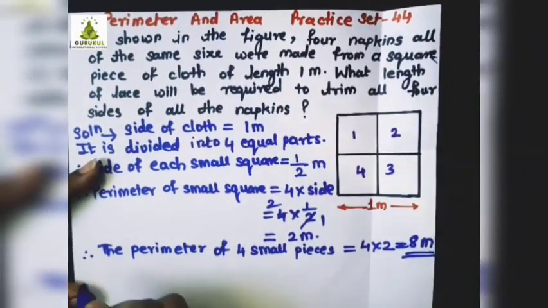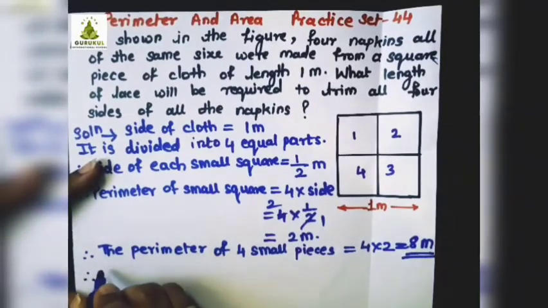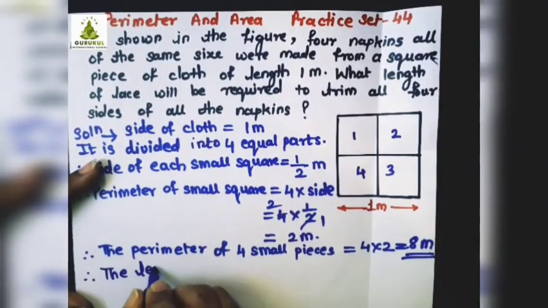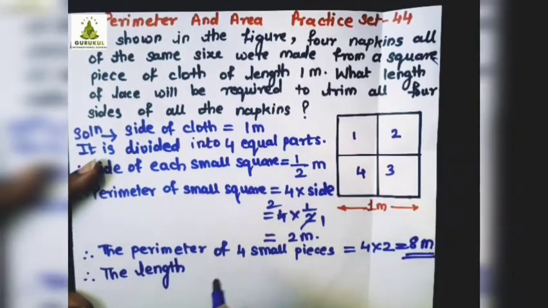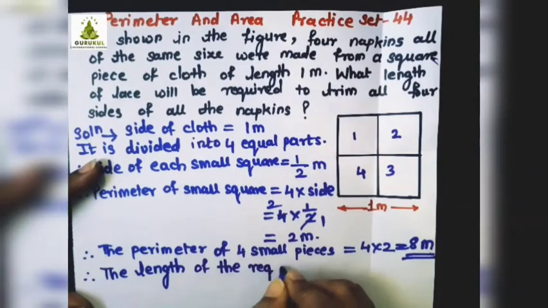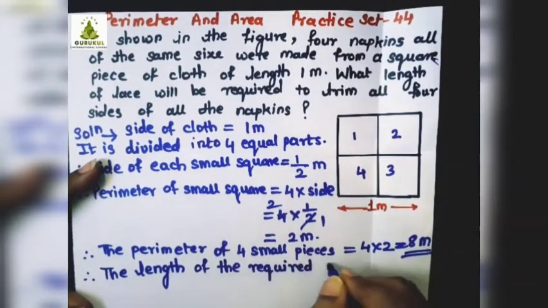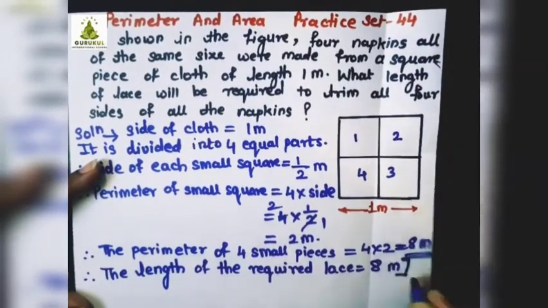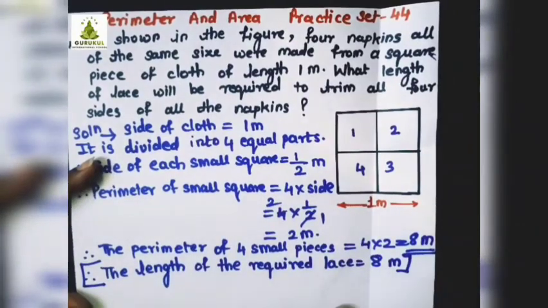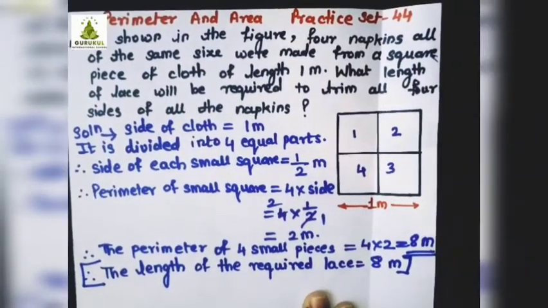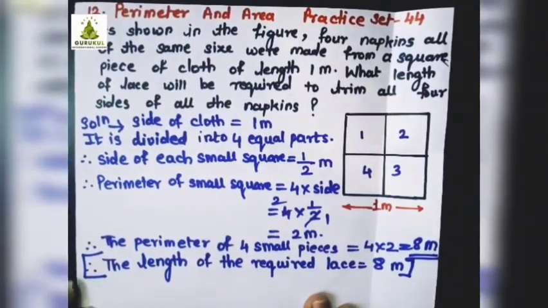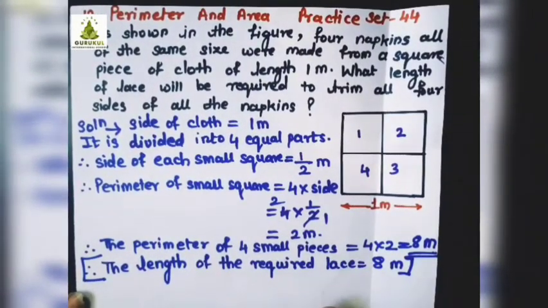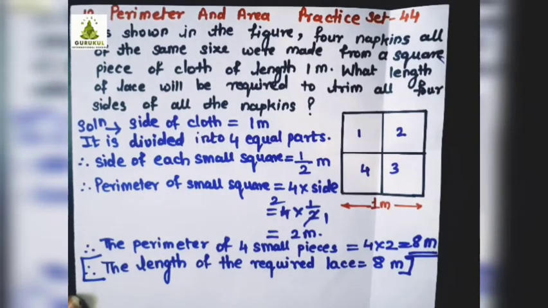8 meters. So we'll write down, therefore the length of the required lace is equal to 8 meters. This is the final answer. So here we have solved all 4 sums from practice set 44. So these all sums were from the concept of perimeter. In this chapter we have solved